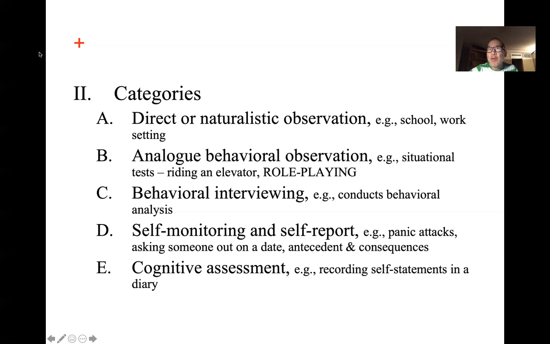Another common category of behavioral assessment is self-monitoring and self-report. This is a situation where clients, in a very common technique and intervention, are directed to collect data on their behavior. So, for example, if someone has hand washing as an obsessive compulsive ritual, the client would monitor how many times they wash their hands. But they would also do things such as record, right? What were the